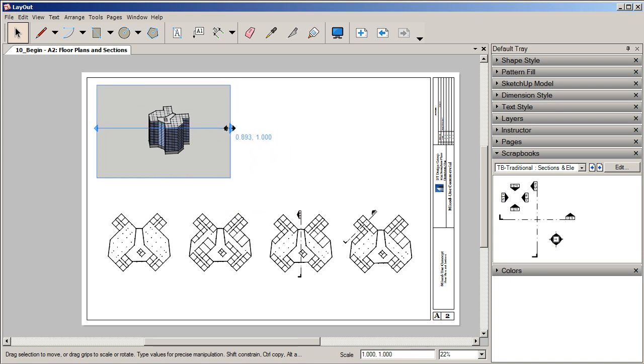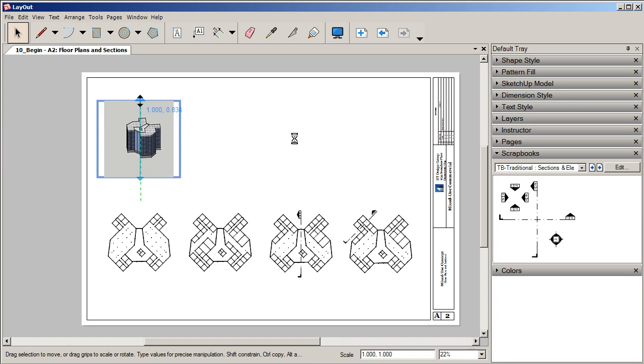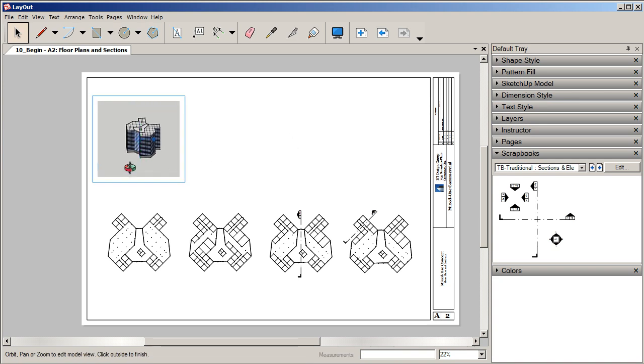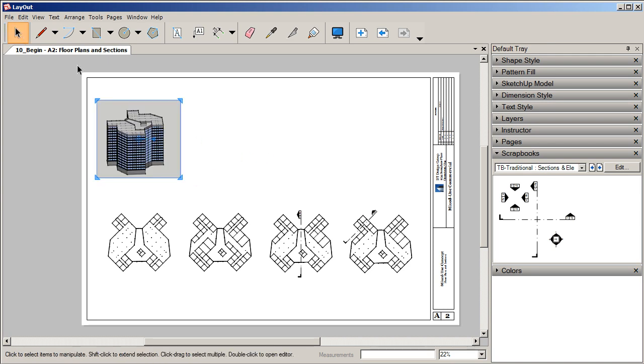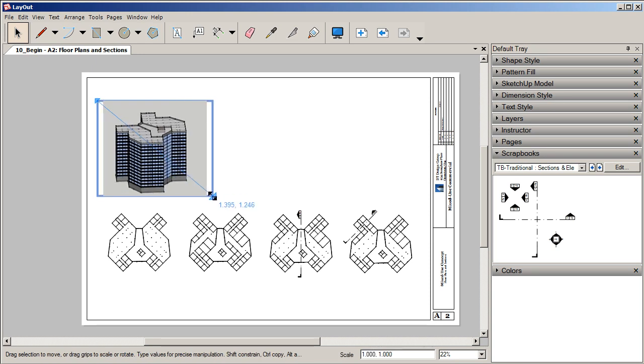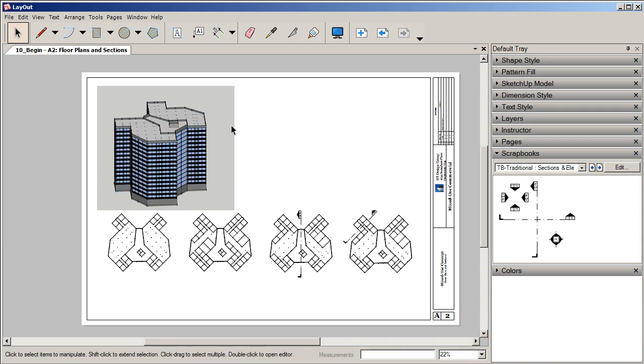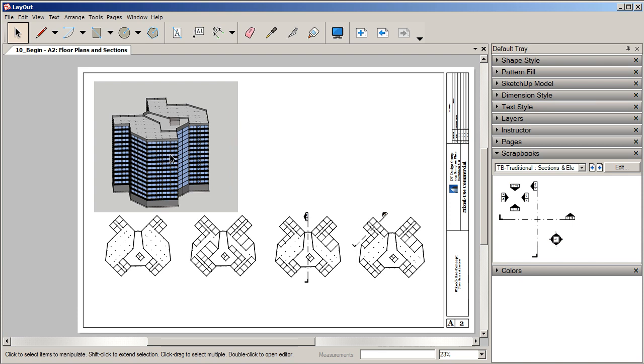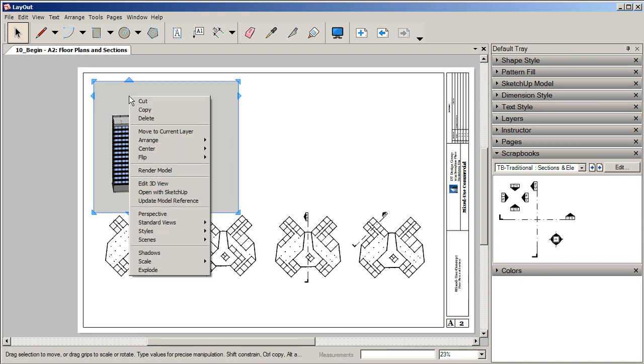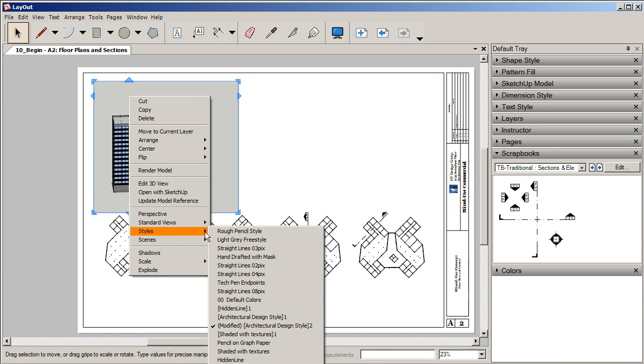But I do want this to be pretty large, so I'm going to decrease any of this dead space here. And I do want to come in here and change the orientation of this just a bit. I'm going to get a good look at this model. I definitely want to make it a little bit larger. And I'm going to change its style to be shaded with textures. That way the background is going to be white, but I'll still have a nice color representation here for my model. So now we'll right click, we'll go to Styles, and again I'm going to go to Shaded with Textures,